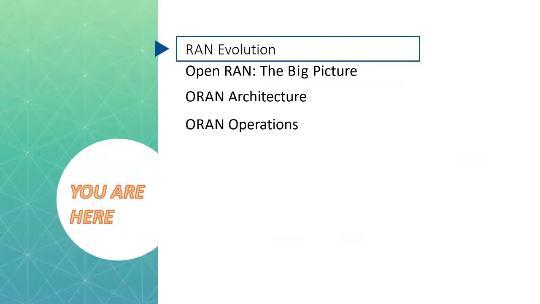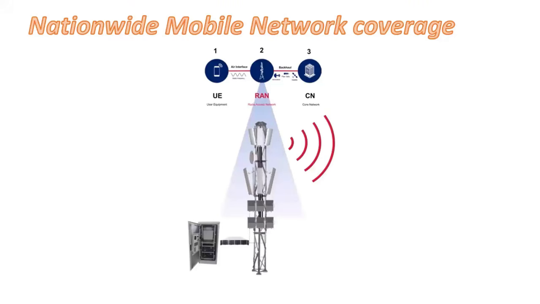So the first topic is RAN evolution. Let's talk about RAN evolution. To set up the stage, let's talk about RAN, the radio access network. These are commonly known as cell sites as well. You know it, right? Cell sites. These are strategically placed to provide wireless coverage to users within a particular geographical area. You can see them all around, everywhere actually. The placement of RAN components such as cell sites is critical to ensure that users have reliable and consistent access to the network services they need.